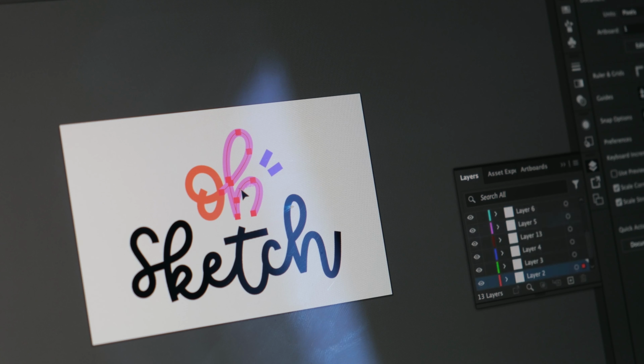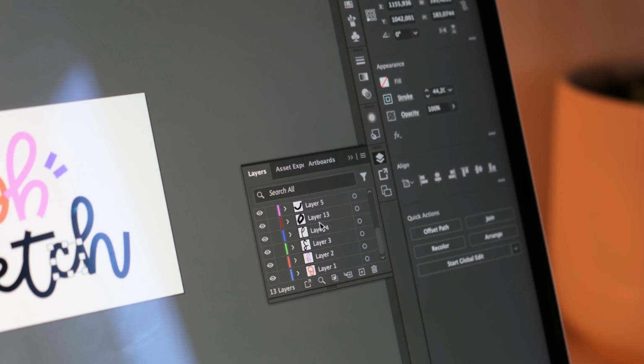I sketched out all letters in Procreate and then traced them with the pen tool in Adobe Illustrator, making slight adjustments here and there as I was putting everything together. Important to mention, since I planned on creating a little intro animation, I made each element to be animated, arranged on a different layer. Once you get to finalize your app icon, you need to make sure it complies with